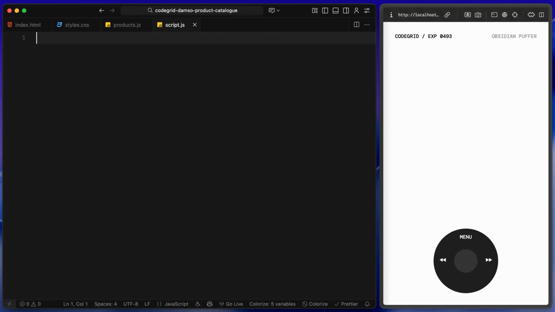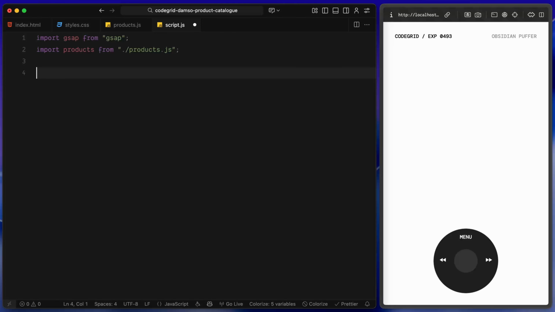Alright, at the very top, I'm importing GSAP. This is the animation library we'll be using to handle all of the motion throughout the slider. Right after that, I'm also importing the products array from the file we created earlier. That's the file that holds all of our product data, the name, image, tag, and link. We'll be using it to dynamically populate the slider and keep everything synced between the navbar, the model, and the